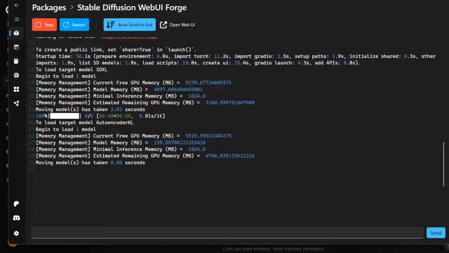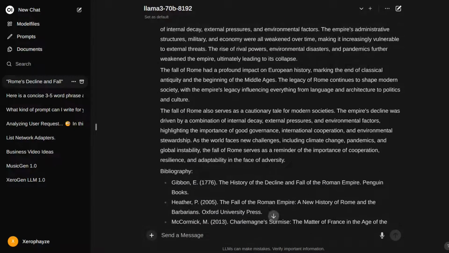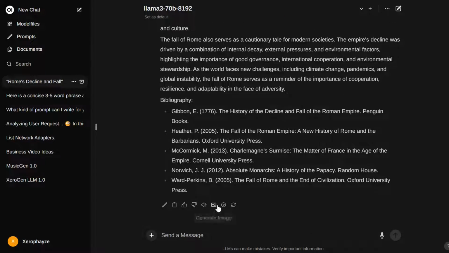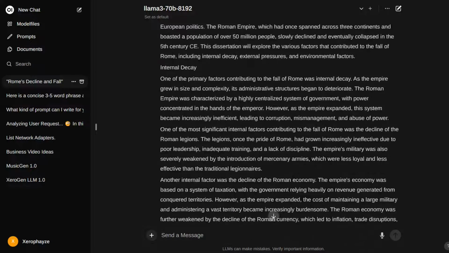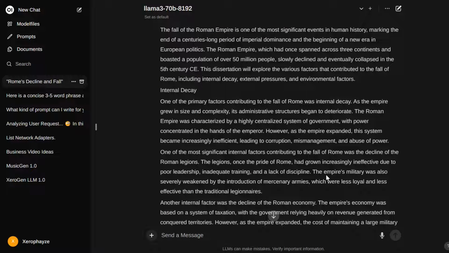Yep, there it goes. Okay, so now that we got that set up, if we click this, now that it's finally loaded the model and everything, once you click that and come up here, it loads really fast. Okay. Now the other thing that you can tie this into API-wise is,